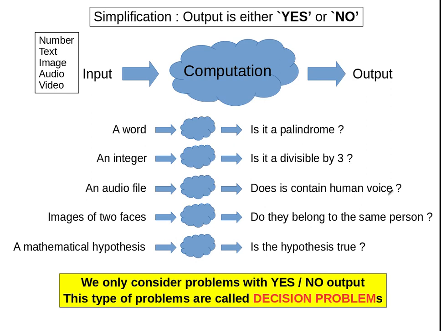So all you are doing is, given input from some set of inputs, you are deciding whether that input has some specific property or not, and you are doing it for all inputs coming from that universe, right? That is important. This kind of problem is known as a decision problem. You are just making a decision, so they are called decision problems. The output is either yes or no.